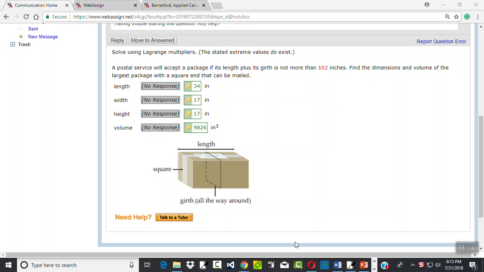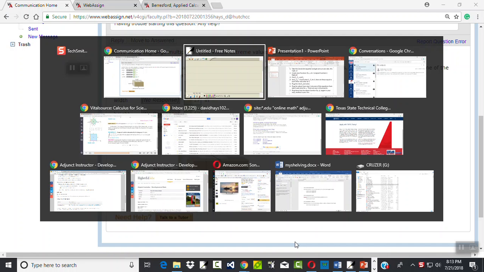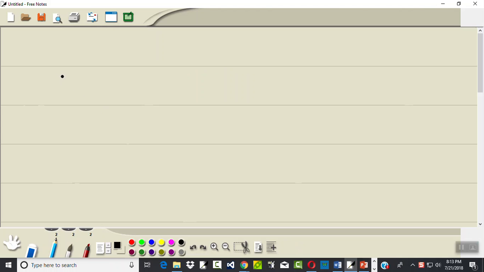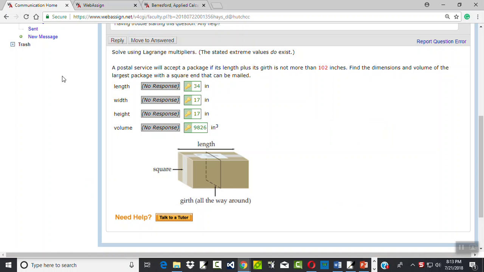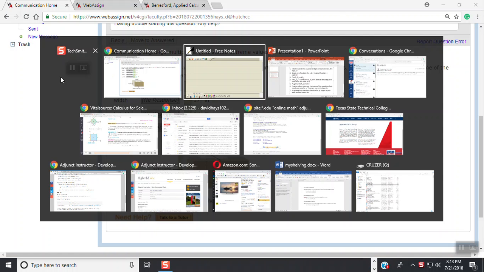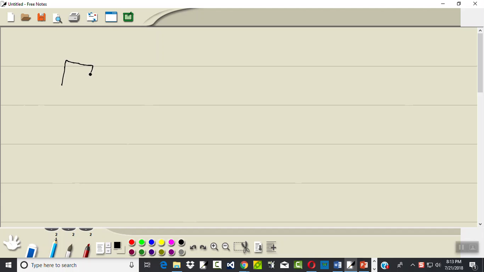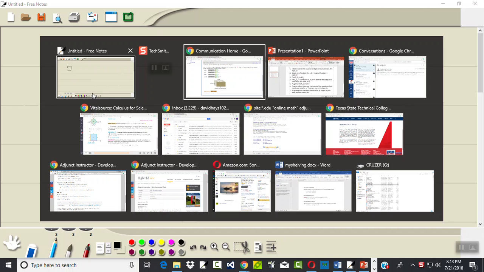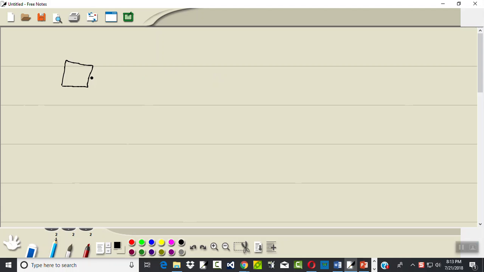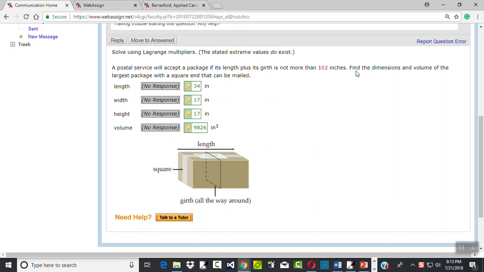Okay, let's take a look at this problem. Try to draw the picture first. Okay, this is a square, so this could be x, this can be x. Of course, all the sides are x. This is our length, so that'll be our y. And it's wanting us to